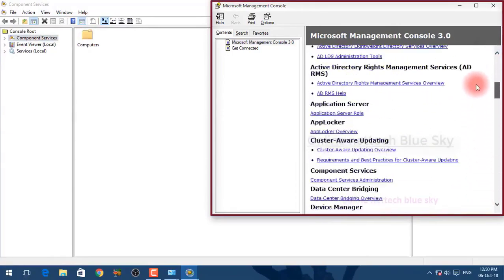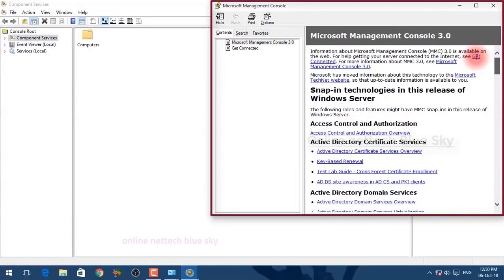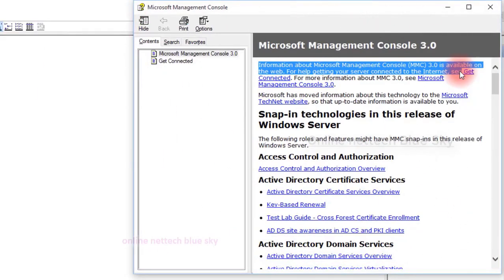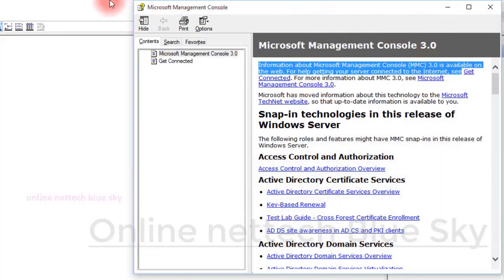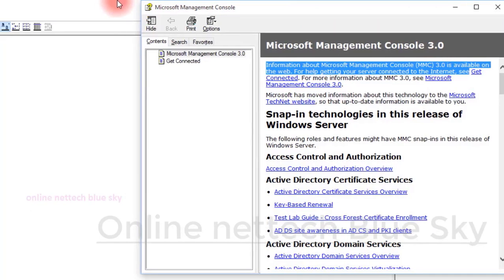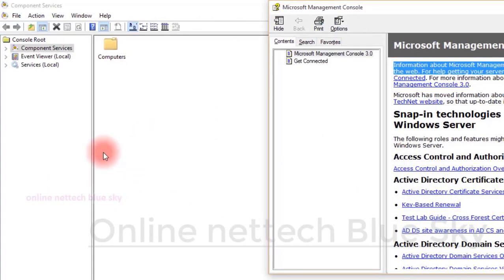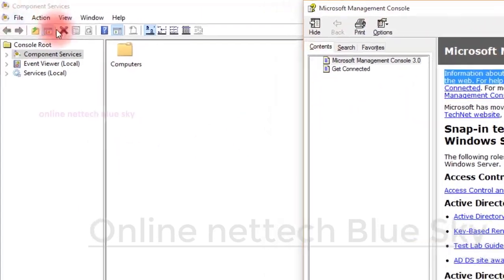If you want to know more, look up Microsoft Management Console and what a snap-in is. Snap-in means this type of window you can see. If you want to know more about what Component Services is, you can go online and read about it. Microsoft Management Console, MMC, is for helping with the computer. So this is a very important component service. First, we are discussing Component Services, as I already told you.